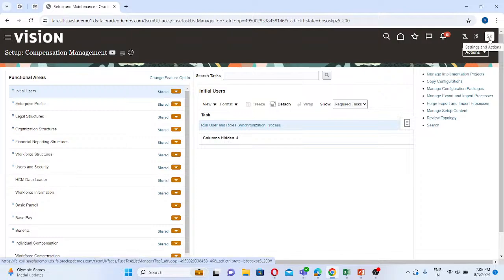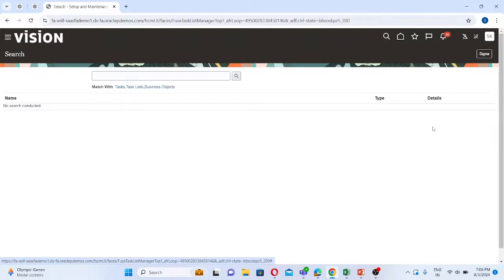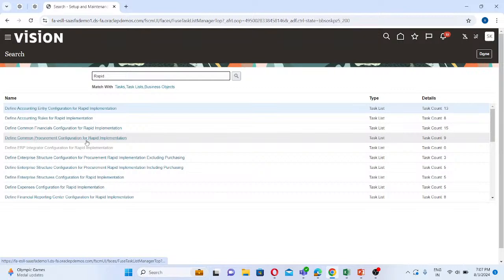Now what we are going to do is click on search. Rapid implementation means we will see how to do all the process automatically. So we'll click on search. This is the global search. Here we'll type rapid implementation. You see, one Excel sheet will come, and we will download it and directly fill all the data we have made so far. You see how quickly we are going to set all the data. So let's click on rapid and find